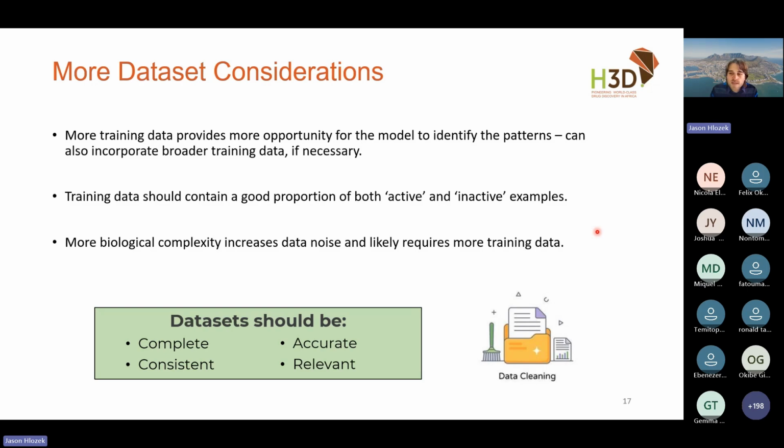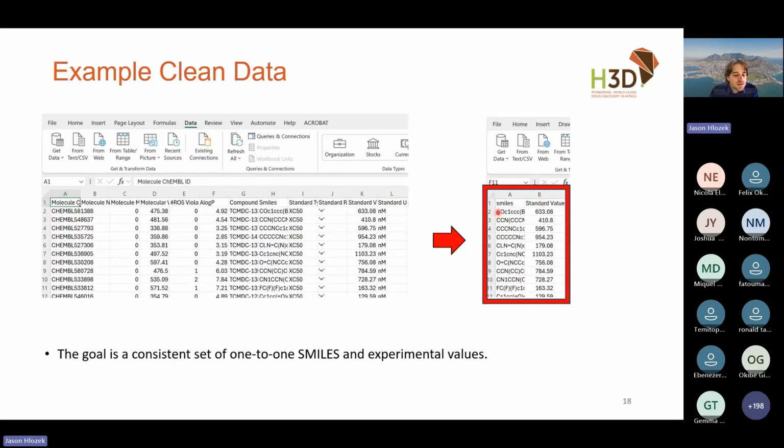And that doesn't mean we can't model the data, but it just means that there might be more noise in the data than say other data sets. So as I mentioned, what we're really looking for is if we go from this raw data set that I've pulled from Kimball, for example, which actually is pretty good with a lot of the processing steps that they do. What I'm looking for to be able to build a model is have a data set where I've got a set of input structures and a set of values. And I'm going to ask the model to learn the patterns that correlate structure to value.